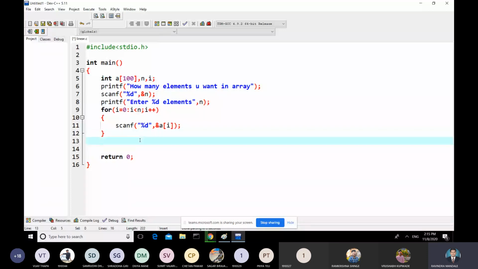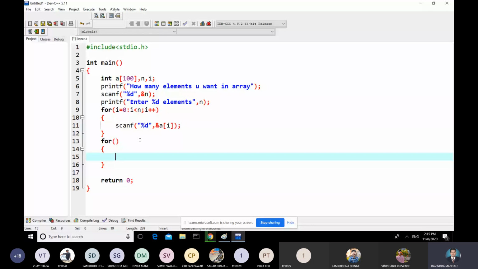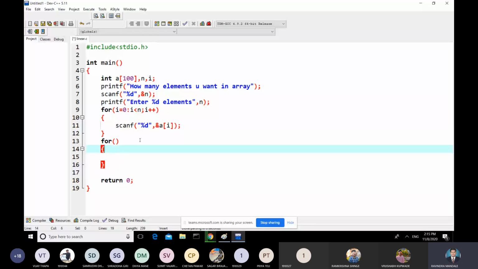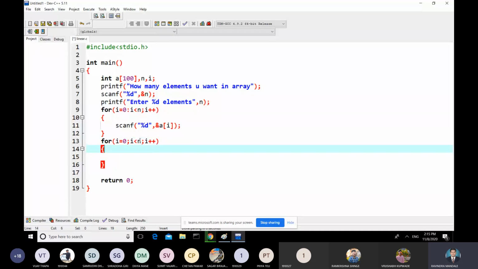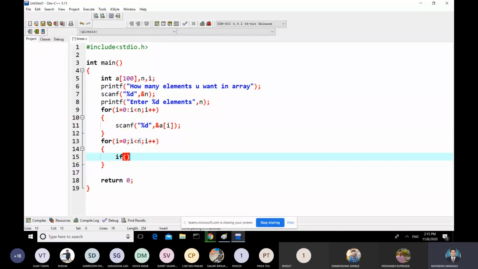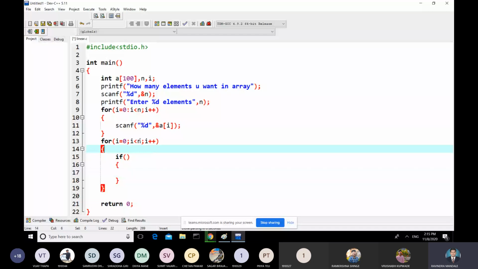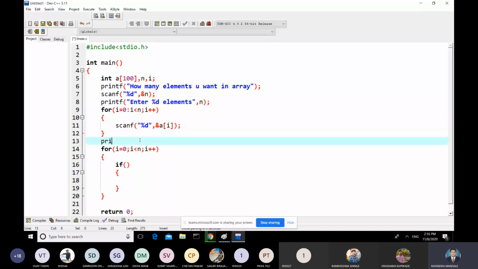Next. Now I'm going to access all the elements of this array one by one, so I require a for loop. And now I'm comparing my element with the array. But before that, you need to accept the element from the user, which element the user wants to search.